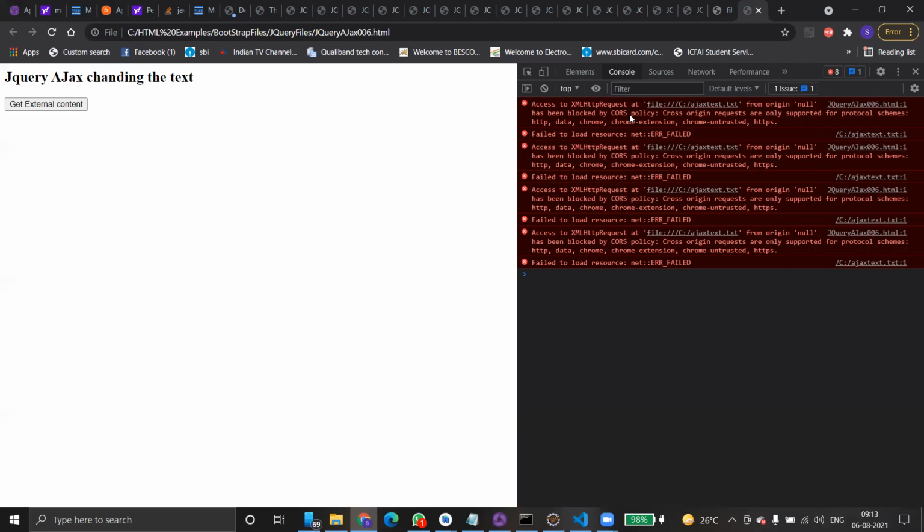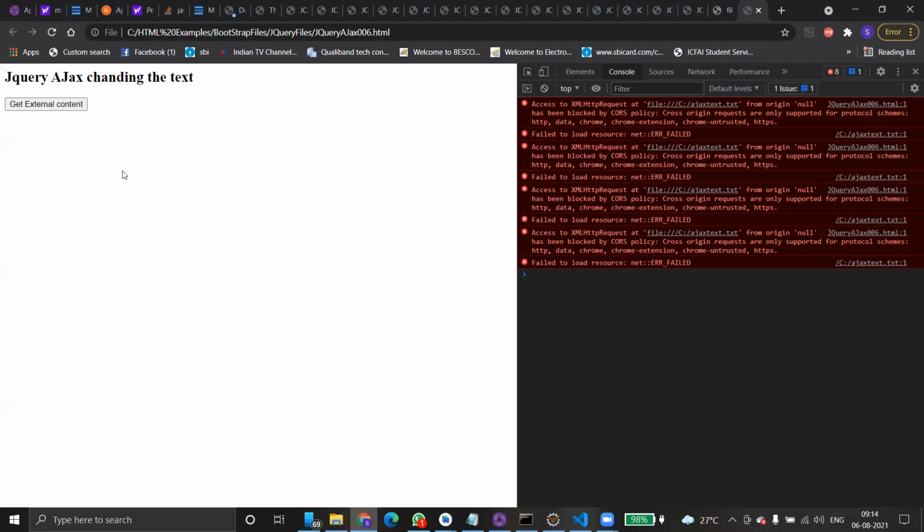And apart from that, what is pending? Ajax and Ajax controls. We have a few Ajax methods also that we need to discuss, like load. Currently we are using load, right? Load is basically used to load data from the server. But here we are not using any server. We are just loading from the text files. You can also pass data, and you can also use other parameters. If you are connected to the server, you can pass the server URL over there.